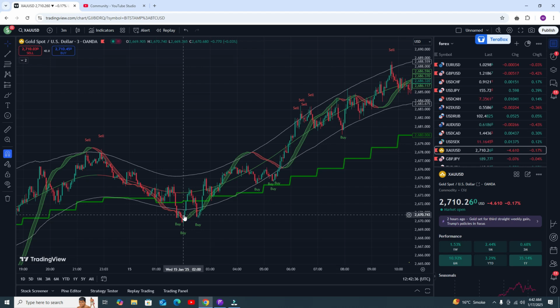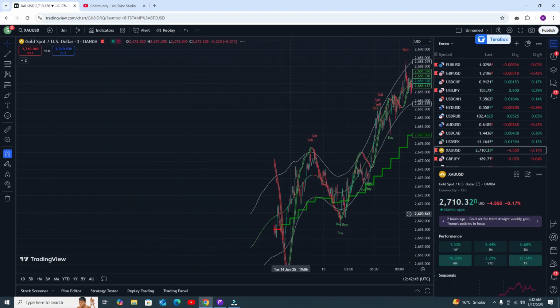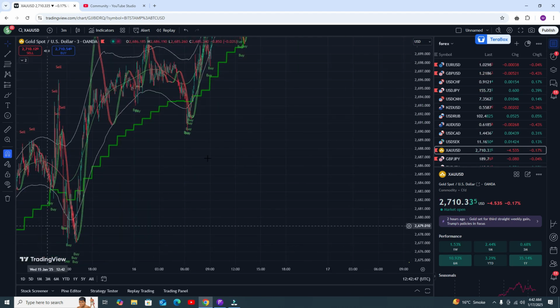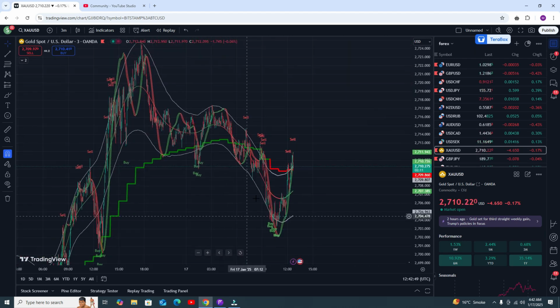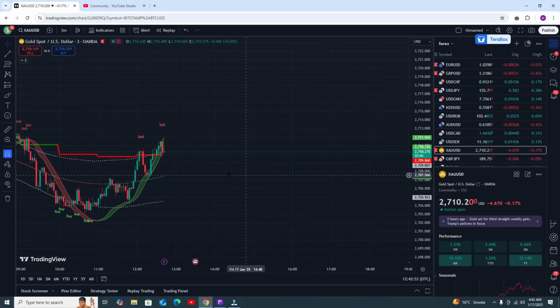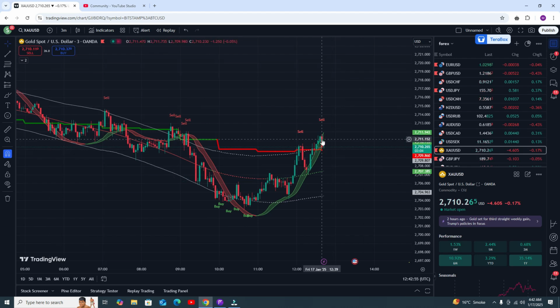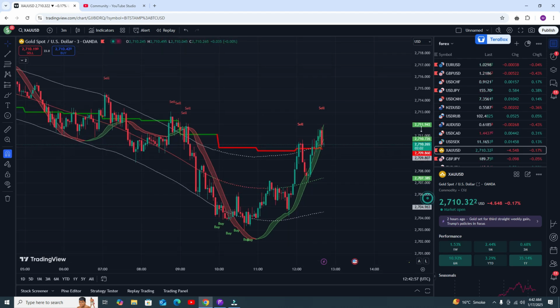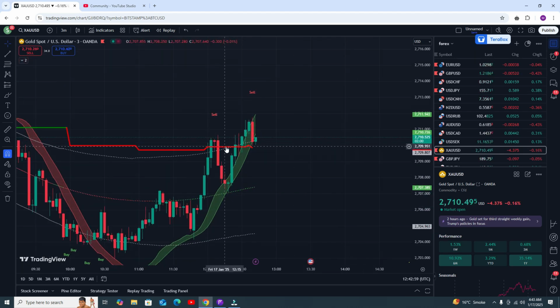Here, from the start of the point, you can see you got more than... let me show you. From this point you can see, okay, now hopefully soon you will get the signal. Yes, you can see you got the signal. Now this is the live example demo. Here you can see,